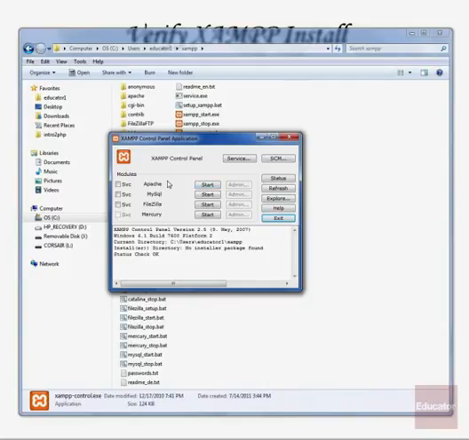So the next step that we're going to take when we start XAMPP is to go ahead and click the start button next to Apache so that our Apache server will be up and running, because we need that to basically serve files locally on our computer. So assuming everything works right, you'll see a little message here that says running that lets us know that Apache